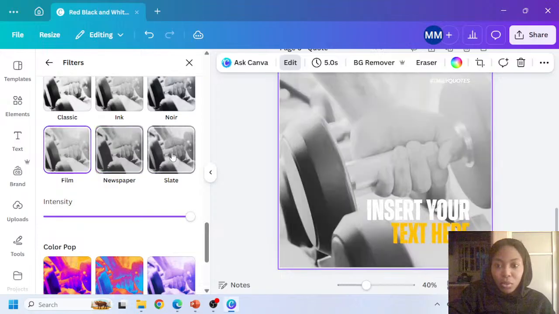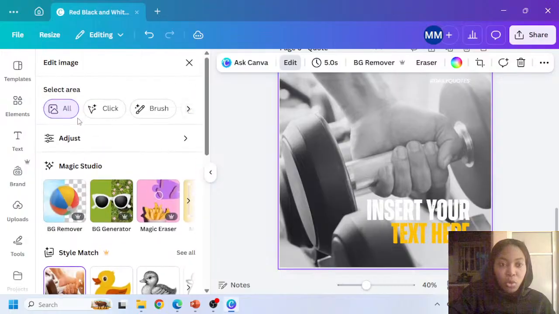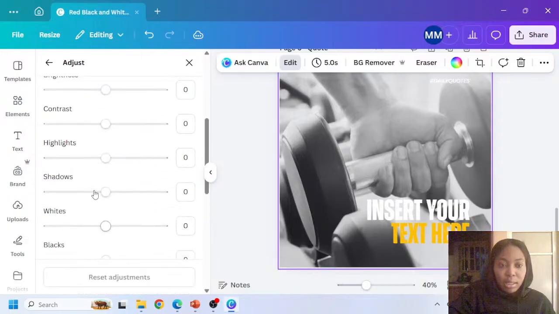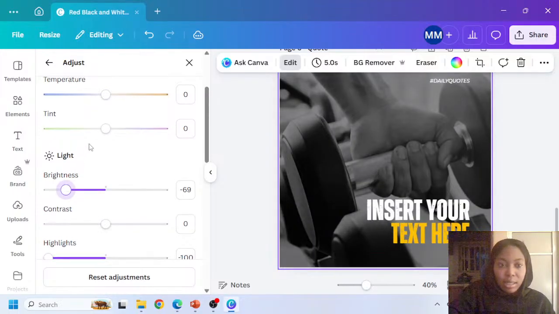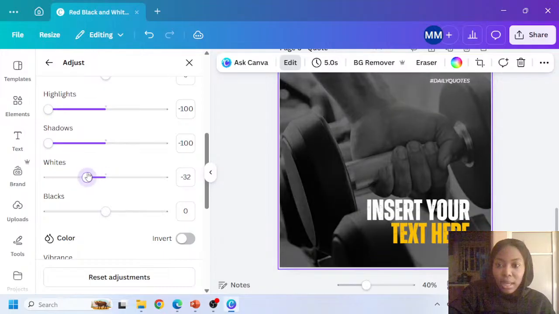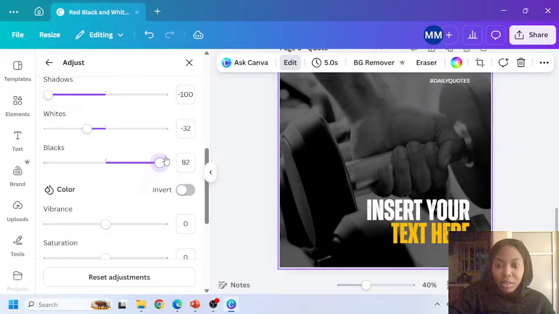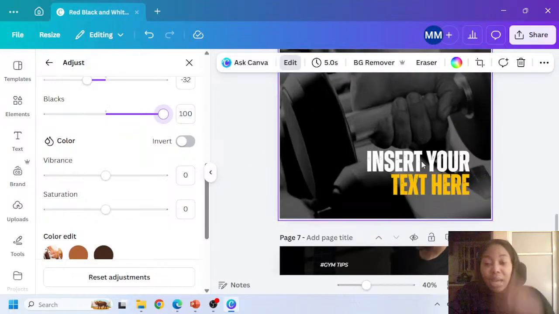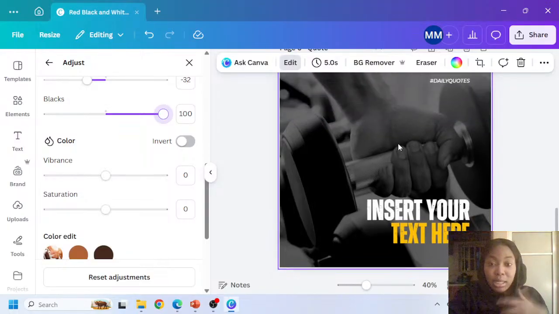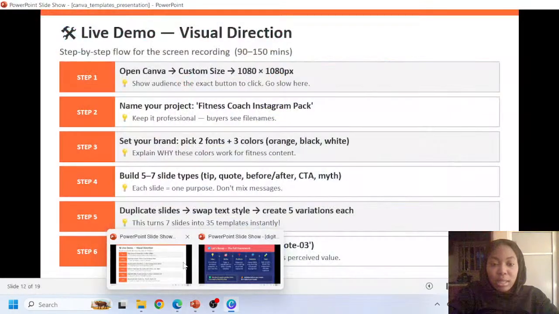It's completely up to you. So I think I like this. Then maybe go to adjust and maybe reduce the shadows, maybe reduce the highlights like so, reduce the brightness. You can see it's getting better. Reduce the whites, maybe increase the blacks, just like that. And you can see we've been able to achieve that one. Again, we have done the quotes. This is something that they can always replicate or duplicate and just tweak around in terms of the pictures, right? Again, the next one we're going to do is